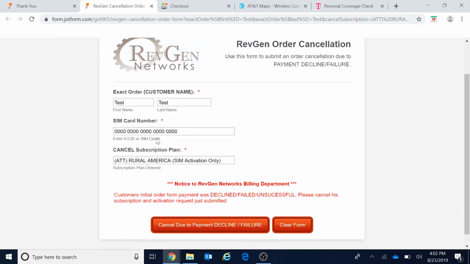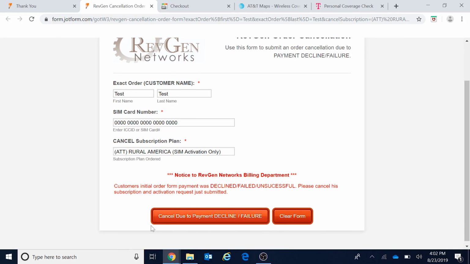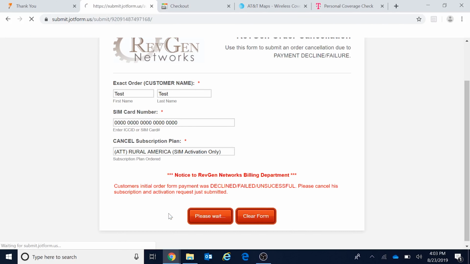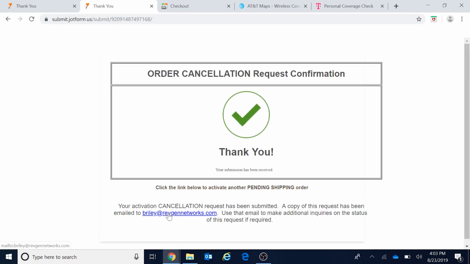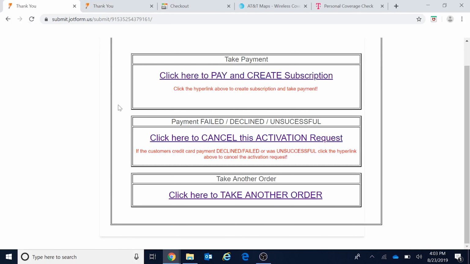If you click on step 2, it automatically fills everything in for you, and it allows you to cancel that request because you don't want to burn that SIM card trying to activate whenever the subscription and payment hasn't been created successfully. So go ahead and click back over there, come in, cancel due to payment, decline, and failure, and that's it. It sends the email out, gets the cancellation request done, and you can go ahead and come